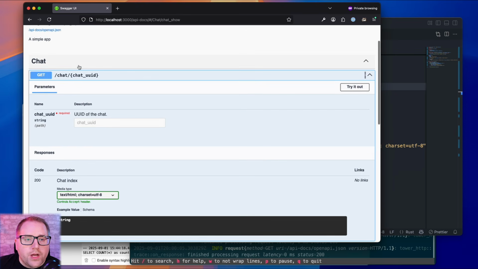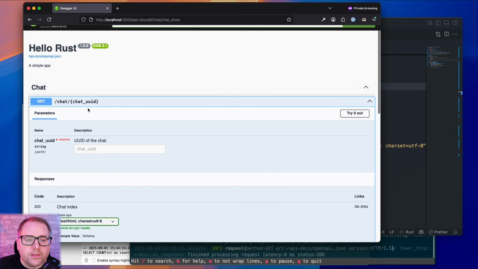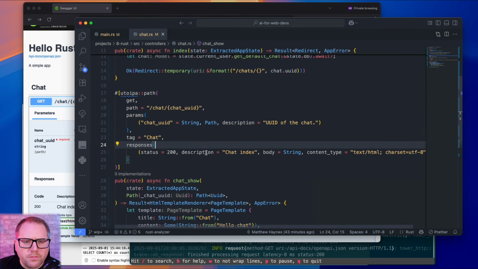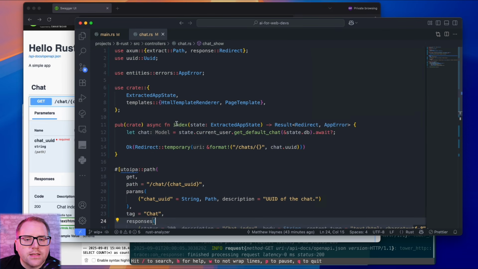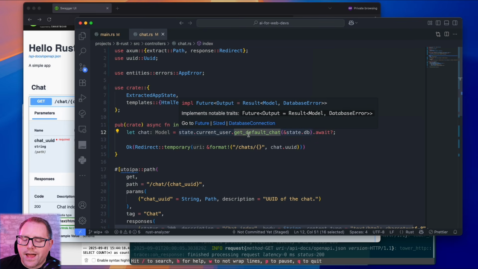And then for our chat endpoint, we're just going to really have one, and we're going to pass in a UUID to get the actual chat. So this is our API docs. The index function in this case, all it's going to do is redirect to the default chat. So this is that helper for our user model.